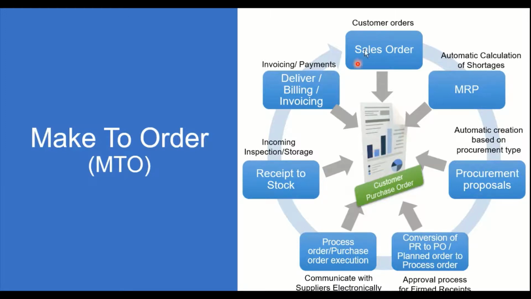So this creates a kind of an account assignment between the sales order and the purchase order or the production order, so that the availability or the traceability of the customer at each stage is made possible with this make to order scenario. Whenever we manufacture or release the production order or a process order, we are going to see an account assignment of this particular sales order. So we clearly know to which customer we are actually manufacturing this particular material.